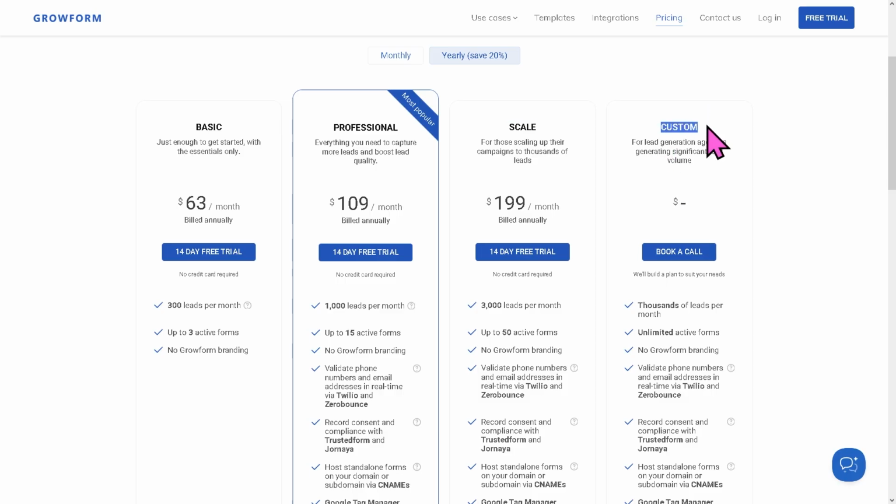And of course, the custom plan is for high volume lead generation agencies. They offer custom plans depending on your company size, your goals, and budgets. No limits, no restrictions, just a tailored solution designed around your business with thousands of leads and unlimited forms. So no matter where you are in your journey, there's a plan ready to help you capture more leads and